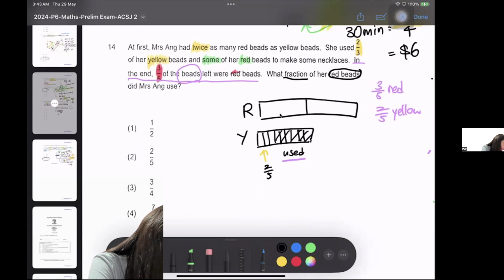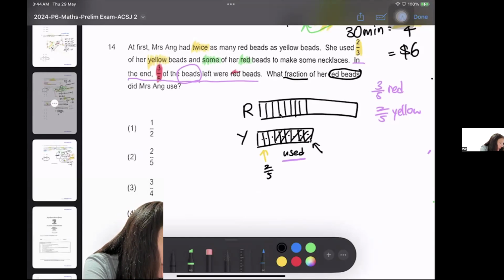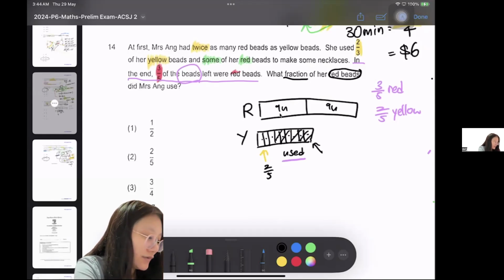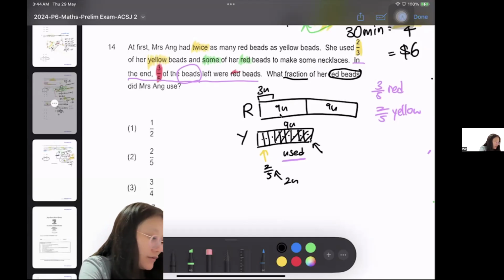Then you see each 1 unit there is 1, 2, 3, 4, 5, 6, 7, 8, 9. So you must cut into 9. Basically each one has 9 pieces, so this is 9 units, and this is also 9 units. So what fraction of our red beads did Mrs. Ang use? Then she used 3 units, because this one is 2 units. So she actually used